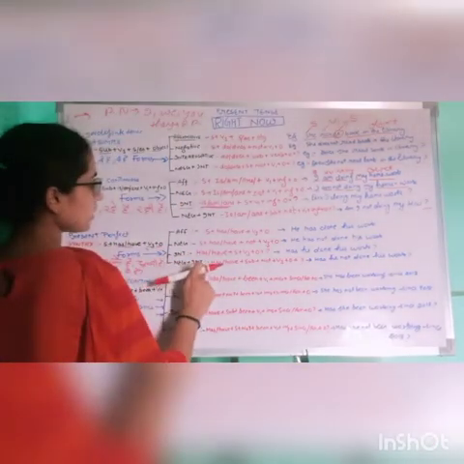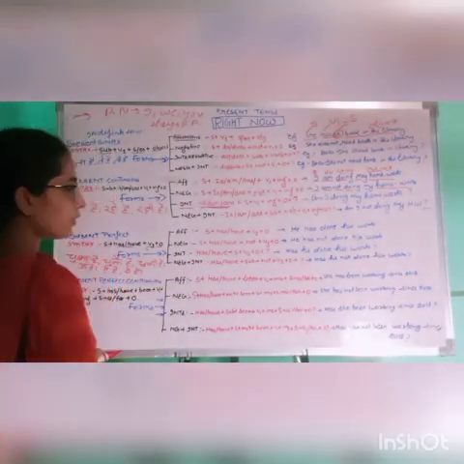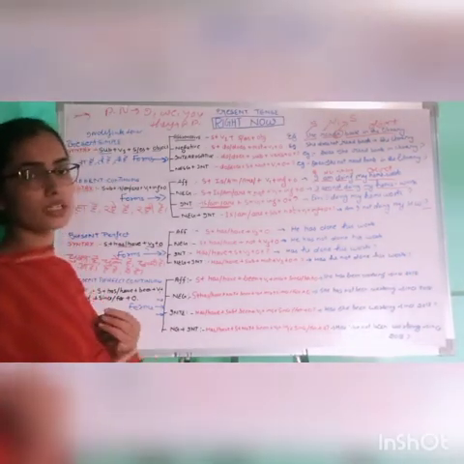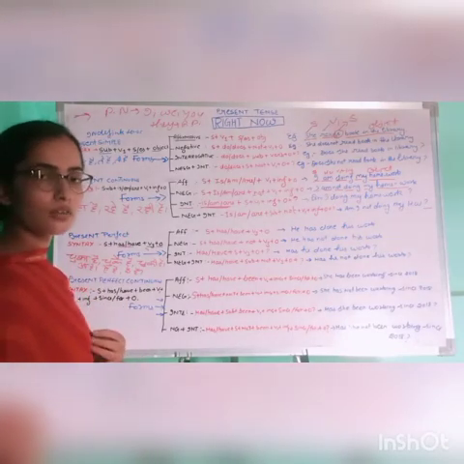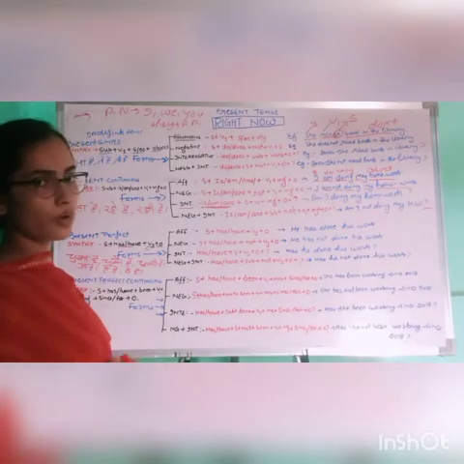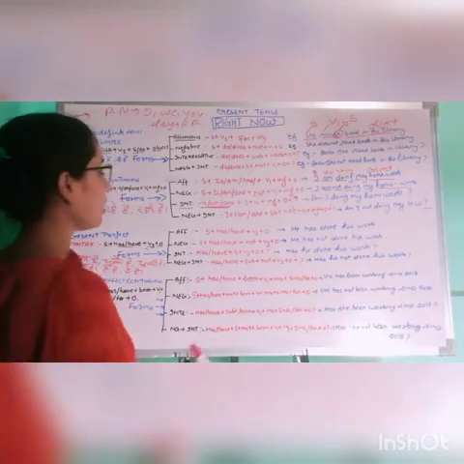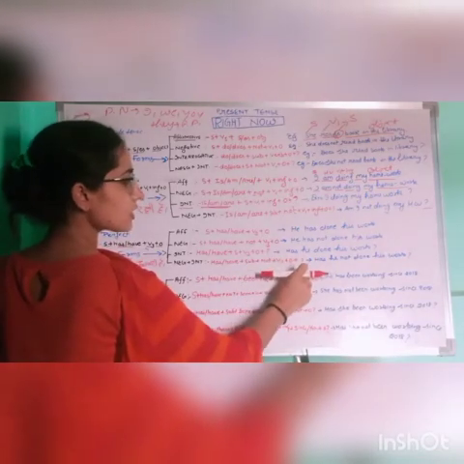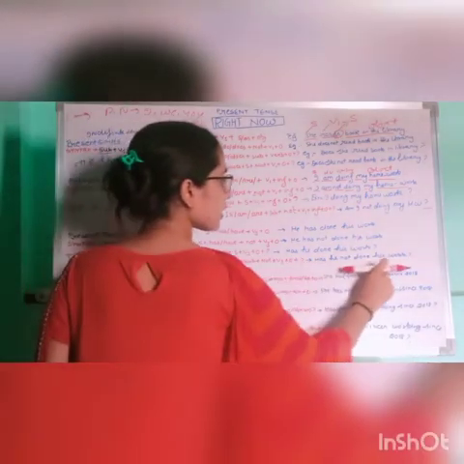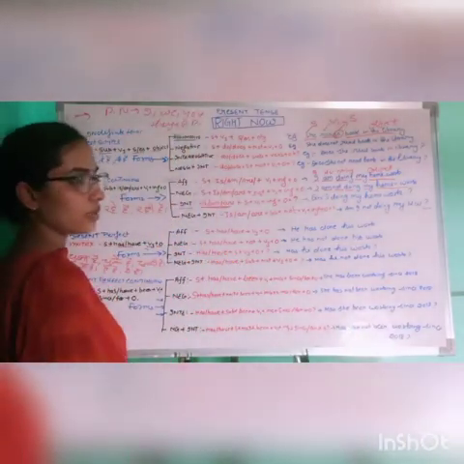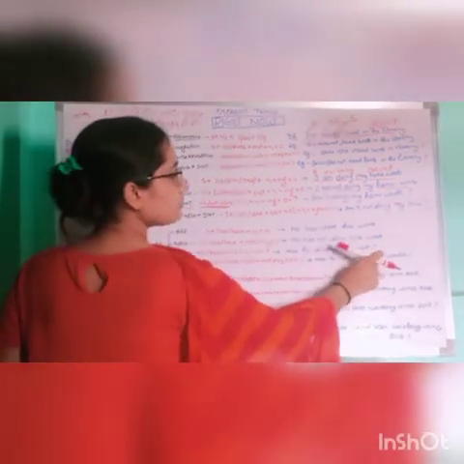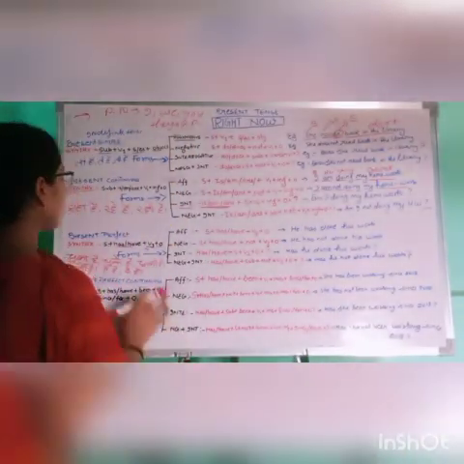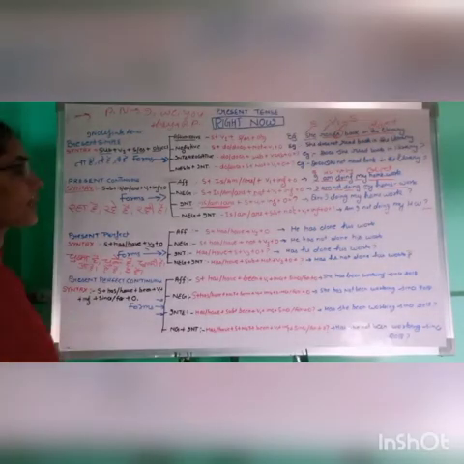Right? So next is negative plus interrogative. It is the amalgamation of negative with the interrogative. We will find both things. At the first position we will find the helping verb, and after the subject we will find the reference of not. Now here it says has or have plus subject plus not plus third form plus object plus question mark. Here the sentence refers to has he not done his work or have I not done my work, and put the question mark in the end. This is all about the syntax formations of the present perfect.